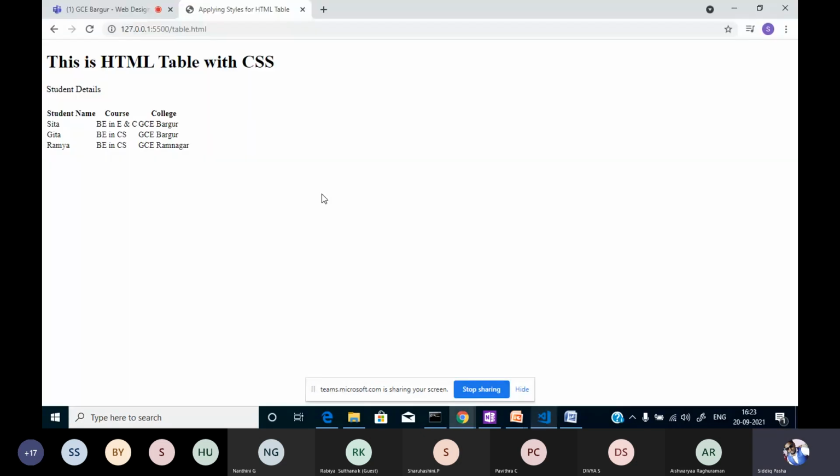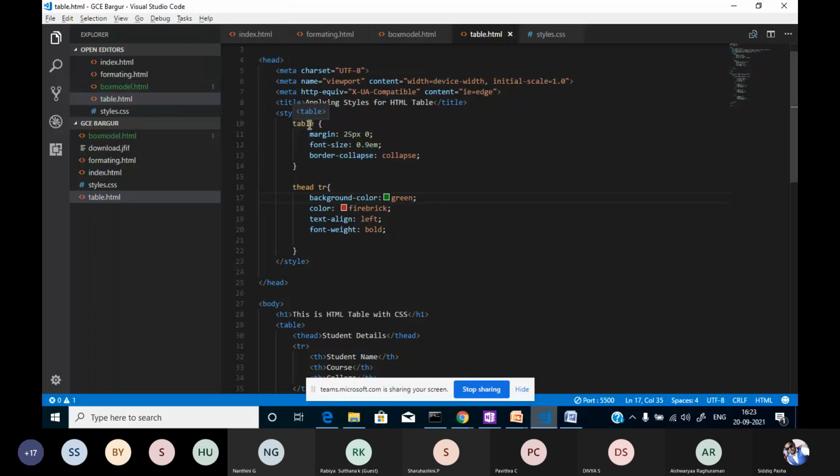Not applied. What happened? We have used the table and we have specified the margin.